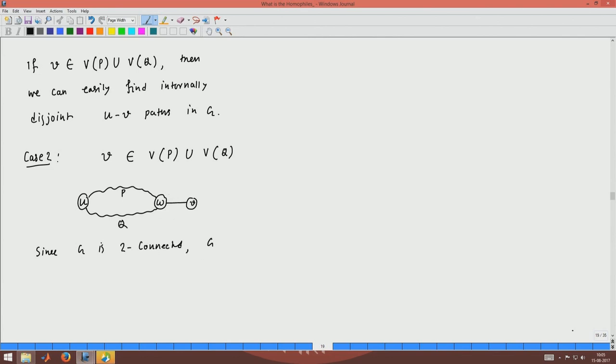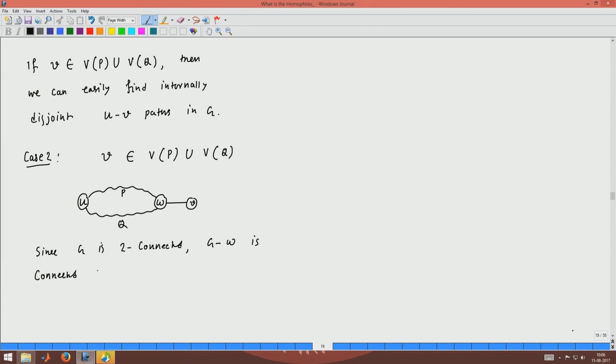So, G minus W is connected from the definition of 2 connected graph. 2 connected graph means you can't find a single vertex whose removal disconnects the graph. So, if you remove the vertex W from the graph it will still remain connected. So, G minus W is connected and